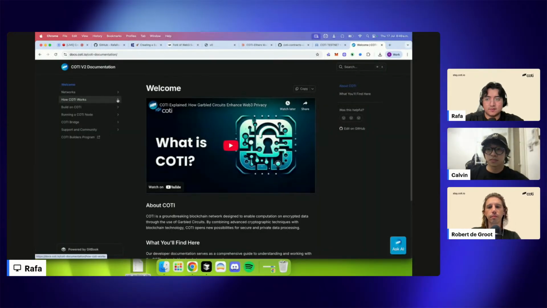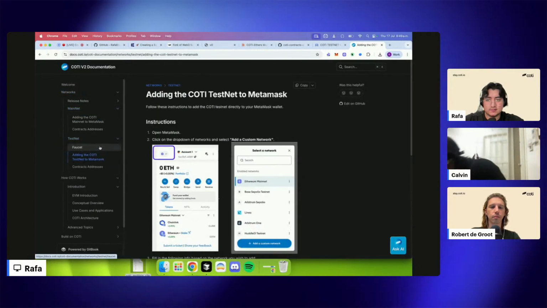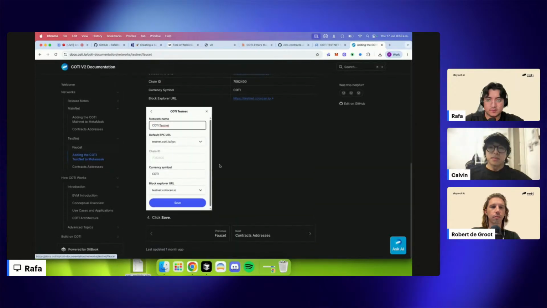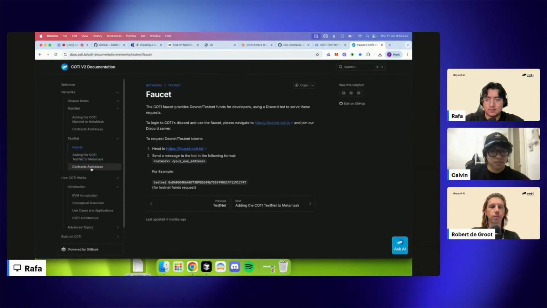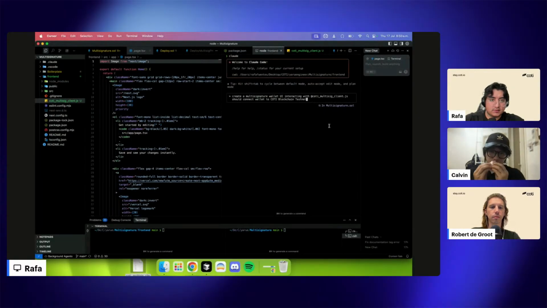So we're gonna go to docs of COTI, networks, testnet, and the configuration of this blockchain, that is this one. All right, we're gonna paste here,